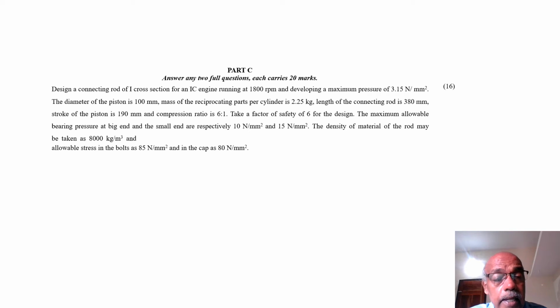Whether it is Newton per millimeter square or Newton per meter square, as a final year student, I will not tell you how to convert between them. But be careful when substituting. Suppose the question gives Newton per millimeter square and you substitute directly; the final answer will be wrong. You have to convert everything to SI units, that is, Newton per meter square, Newton per meter. Nobody will tell you. Unless you make that correction, the final answer will be wrong. The design step will be correct because you used the correct equation, but the substitution is wrong, so the final answer will be wrong.